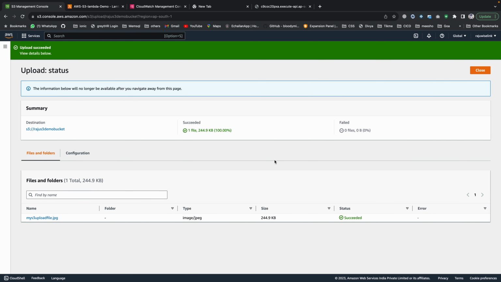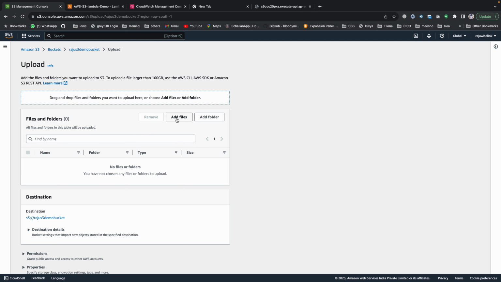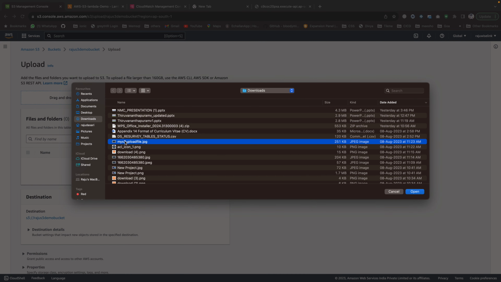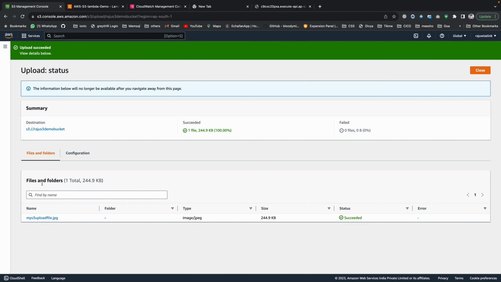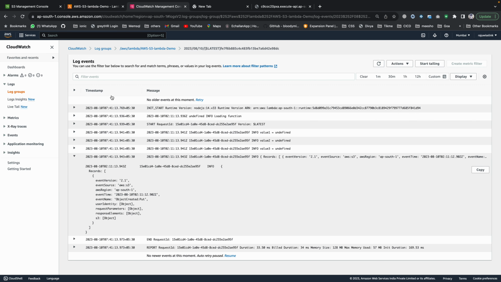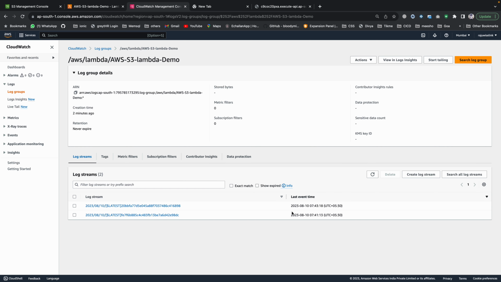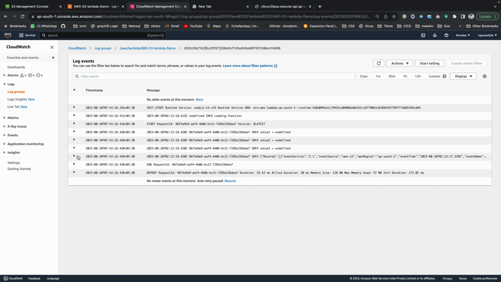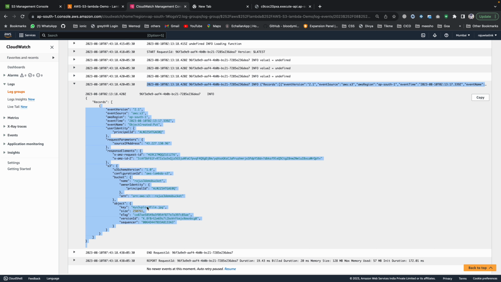So I'll put another object here. So I'll upload another image. So I'll upload the same image again. I'll upload it. So my image is uploaded, and if I go to this AWS CloudWatch logs and if I refresh this, so we got another latest log. So we'll open this, and if you open this, see here, so we got all the information of that particular